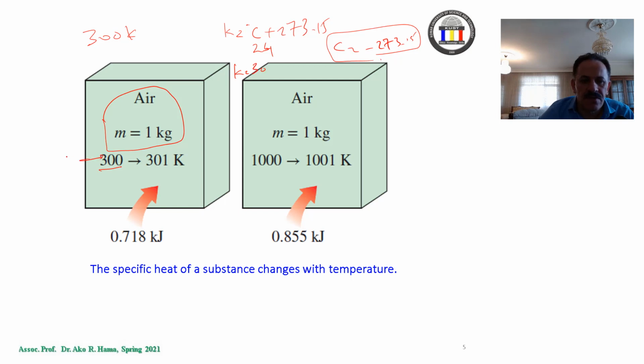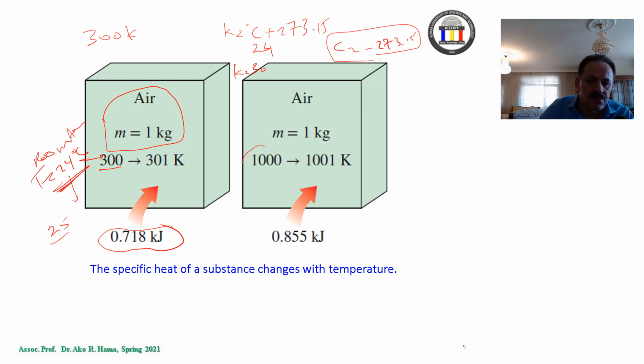So this Kelvin means room temperature. Room temperature means about 24 degrees Celsius. So if you have 1 kilogram of air and you want to increase the temperature from 24 to 25, for example, if you have a split in a room, from 24 to 24 plus 1 degree Kelvin, what will happen? You need at least 0.7818 kilojoule.